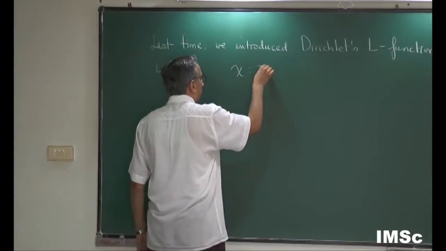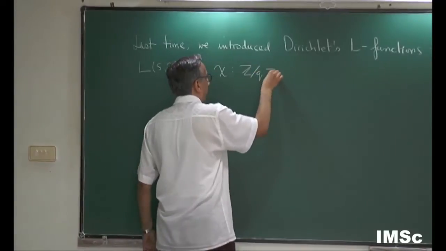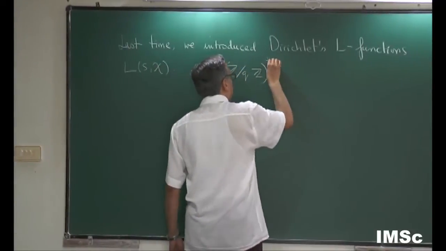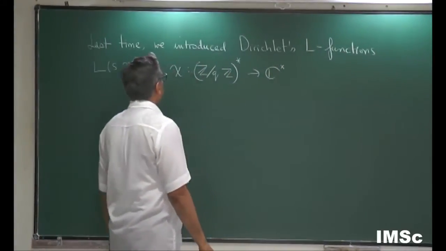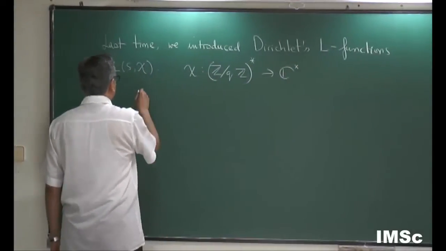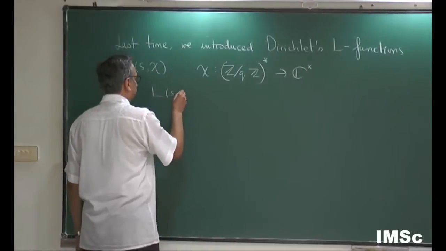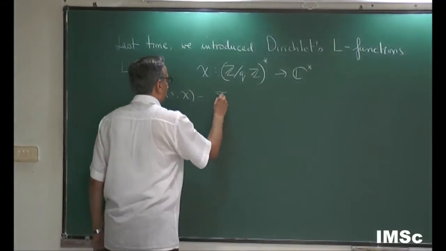We take a character mod q defined on the coprime residue classes, and we define the L function simply by setting